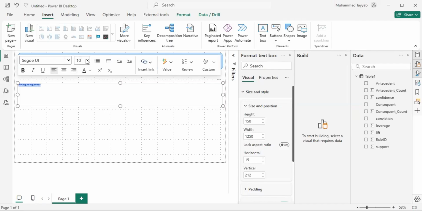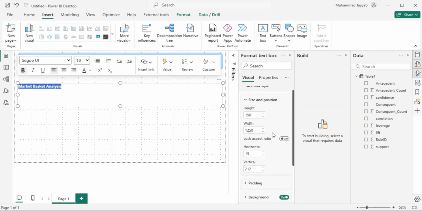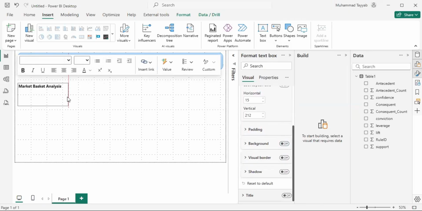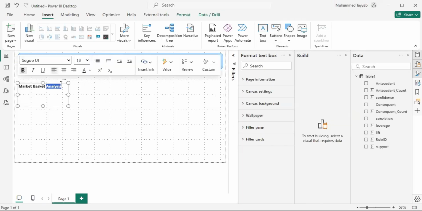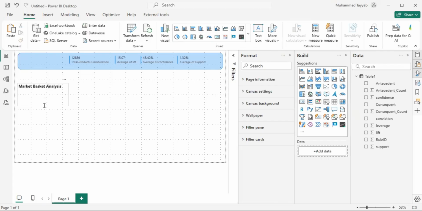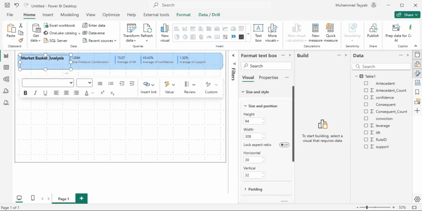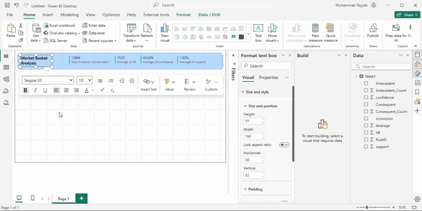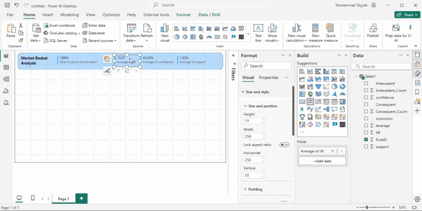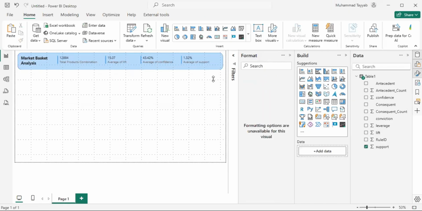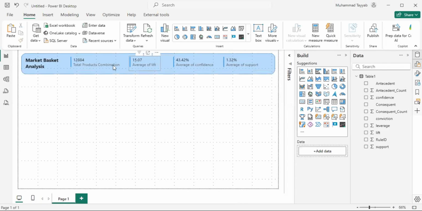I will increase the size of the text and then I can just make it bold, and also I can remove the background and simply add it here. Okay, right. So we can also do something like that. Okay, now we have some space. I think I can just move it right here. So now we have a main header where we have provided the overall summary of our market basket analysis